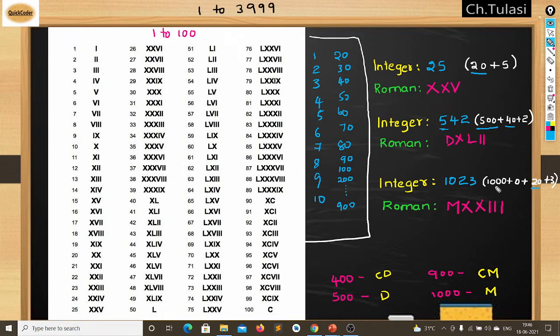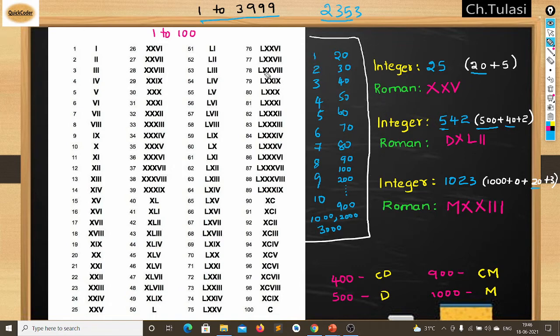And for the 1000 place, as we are deriving 1 to 3999 numbers, we also require 1000, 2000, 3000. So we just require these Roman numbers only.